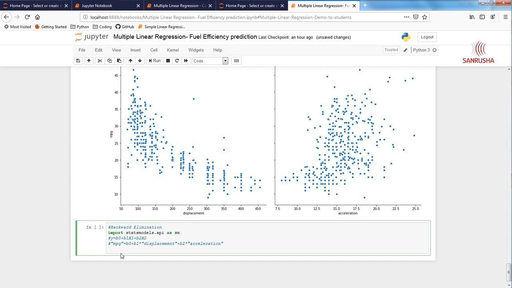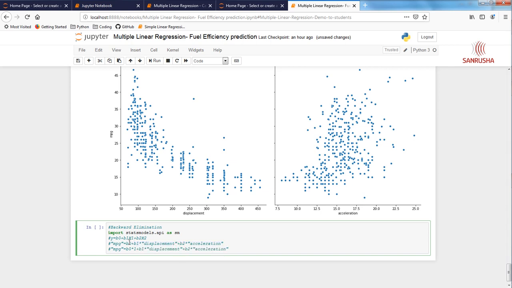To make backward elimination work, we have to put an independent variable here also. It cannot be just b0. So the way it works, we first have to say MPG equals b0 into 1 and then these values here. So that becomes our formula.